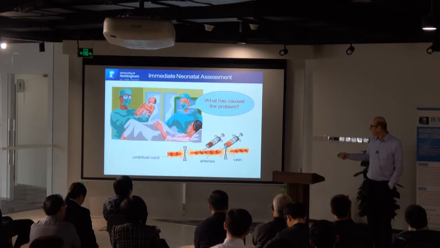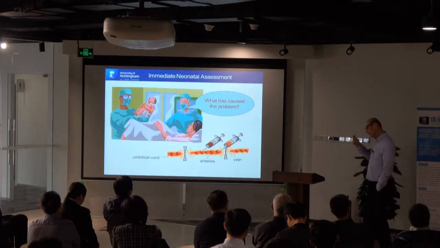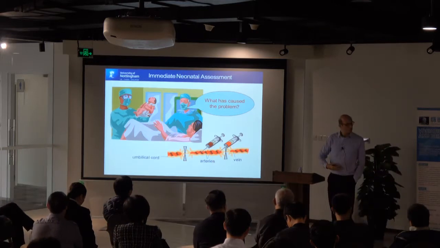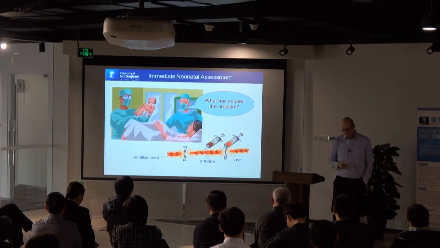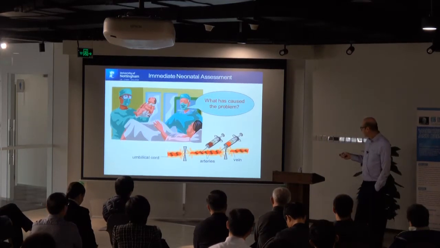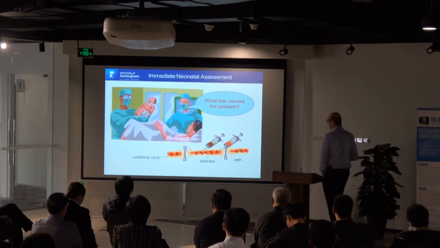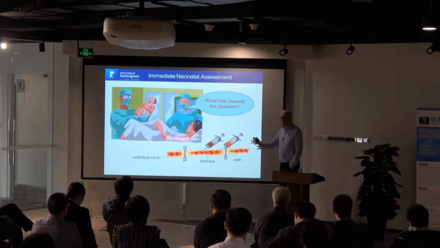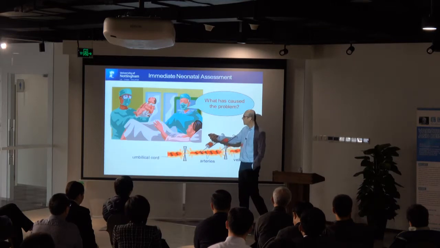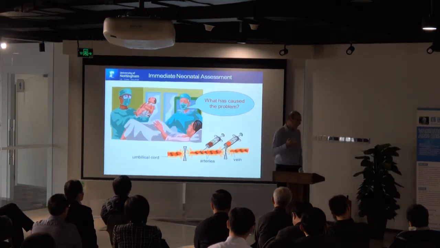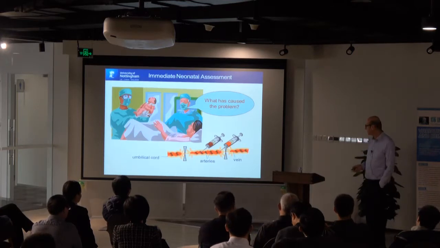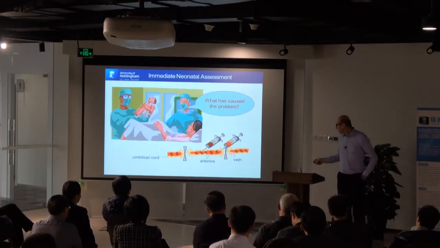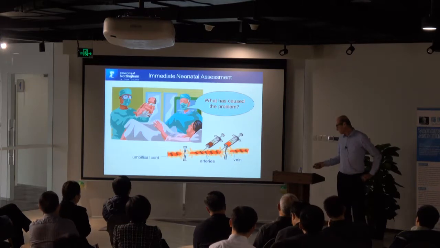So I was working with a group of doctors and we wanted to know how close is this baby to dying from lack of oxygen, how close are they to suffering brain damage. There was no existing way of doing this. You can't ask the baby how it's feeling. So we need some way of telling whether the baby is sick. So the way we did it is take some blood out of this umbilical cord.